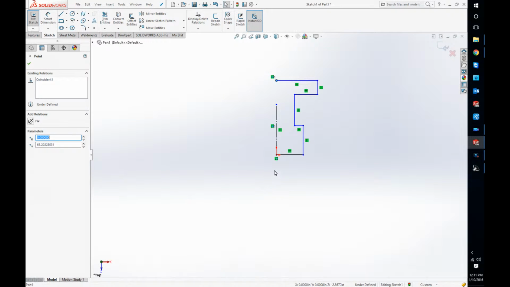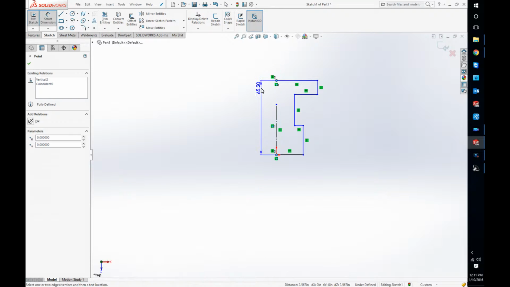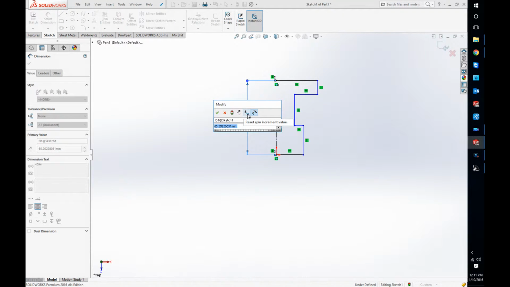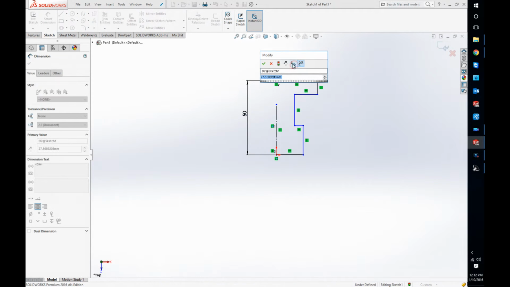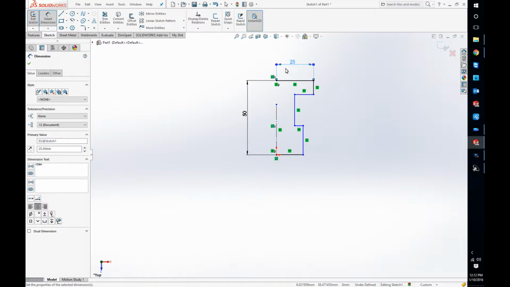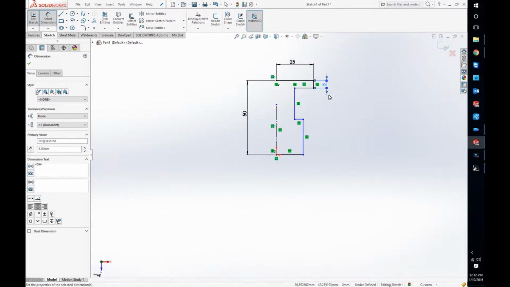Take this point and this point here and make them vertical. That way it guarantees our alignment. Go ahead, set this dimension at 50. I am using metric units just because my example that I'm building this off of is preset in metric units. This will be 25 here, 5 here,